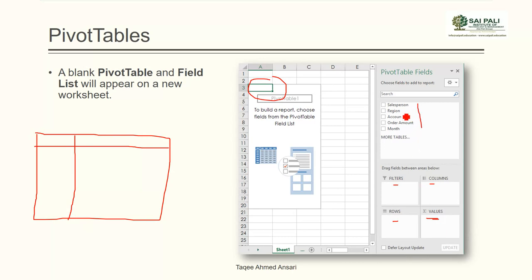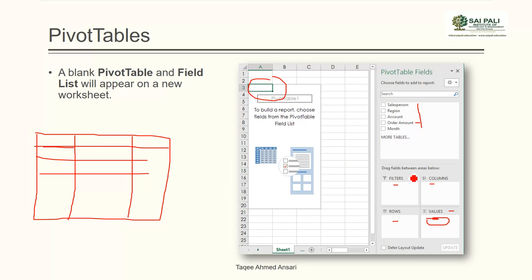So in this table I have an order amount. Order amount is like a price and it is in numbers, so it will go in value, and automatically it will use the sum function. Then the other columns you can use in rows or columns. So if you use it in rows, the data will show here in rows, and your value column will come here.